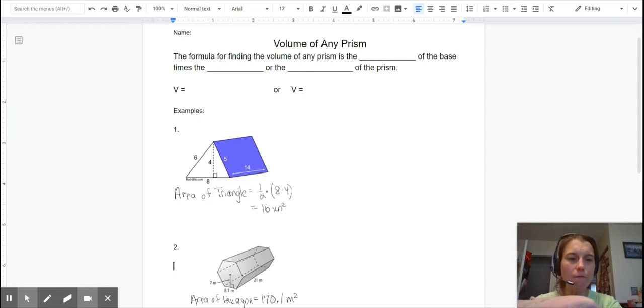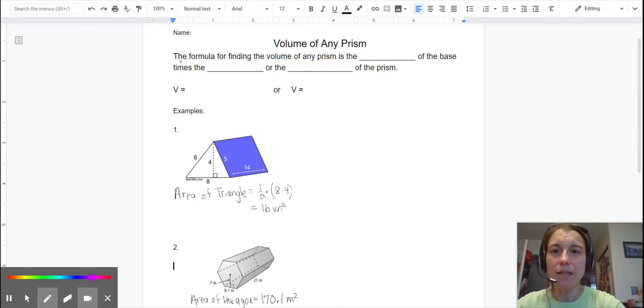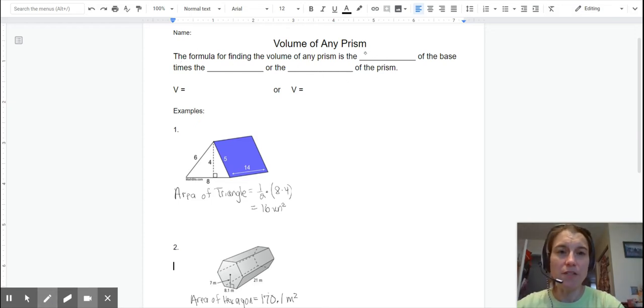So anytime you want to find the volume of a prism, you would find the area, how much space it covers on the bottom, area of the base, and then multiply that by the height. So it's the area of the base times the height. So in this spot here in your paper, you can fill in the formula for finding the volume of any prism: the area of the base times the height